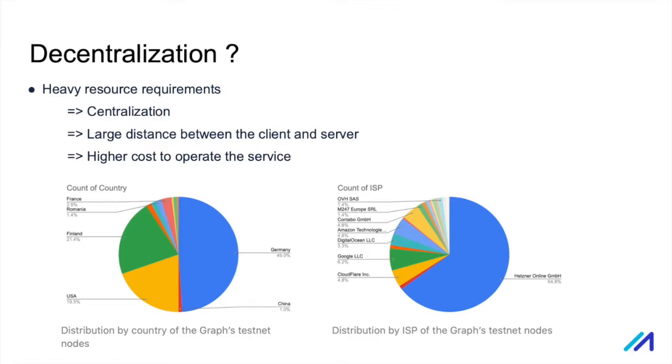Decentralization of these nodes can bring indexers close to the users, thus decreasing latency. Indexer nodes, by the way, in The Graph are the ones that respond to queries on subgraph data for dApps. High resource requirements of Graph indexer nodes limit the number of locations that a node can be placed in.